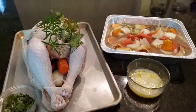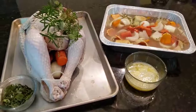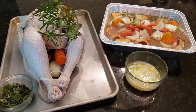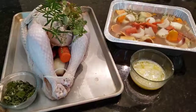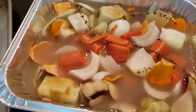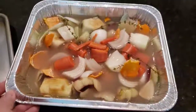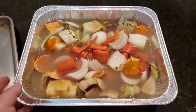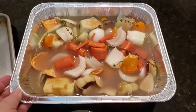So it is Thanksgiving today, and here's what we've done. Remember, we made the turkey brine and we put the turkey in and let it sit in there for 24 hours. That's all that brine. And now I'm going to place it in a pan underneath my turkey. I'm going to smoke my turkey, but you could also place this pan underneath your turkey in your oven too,